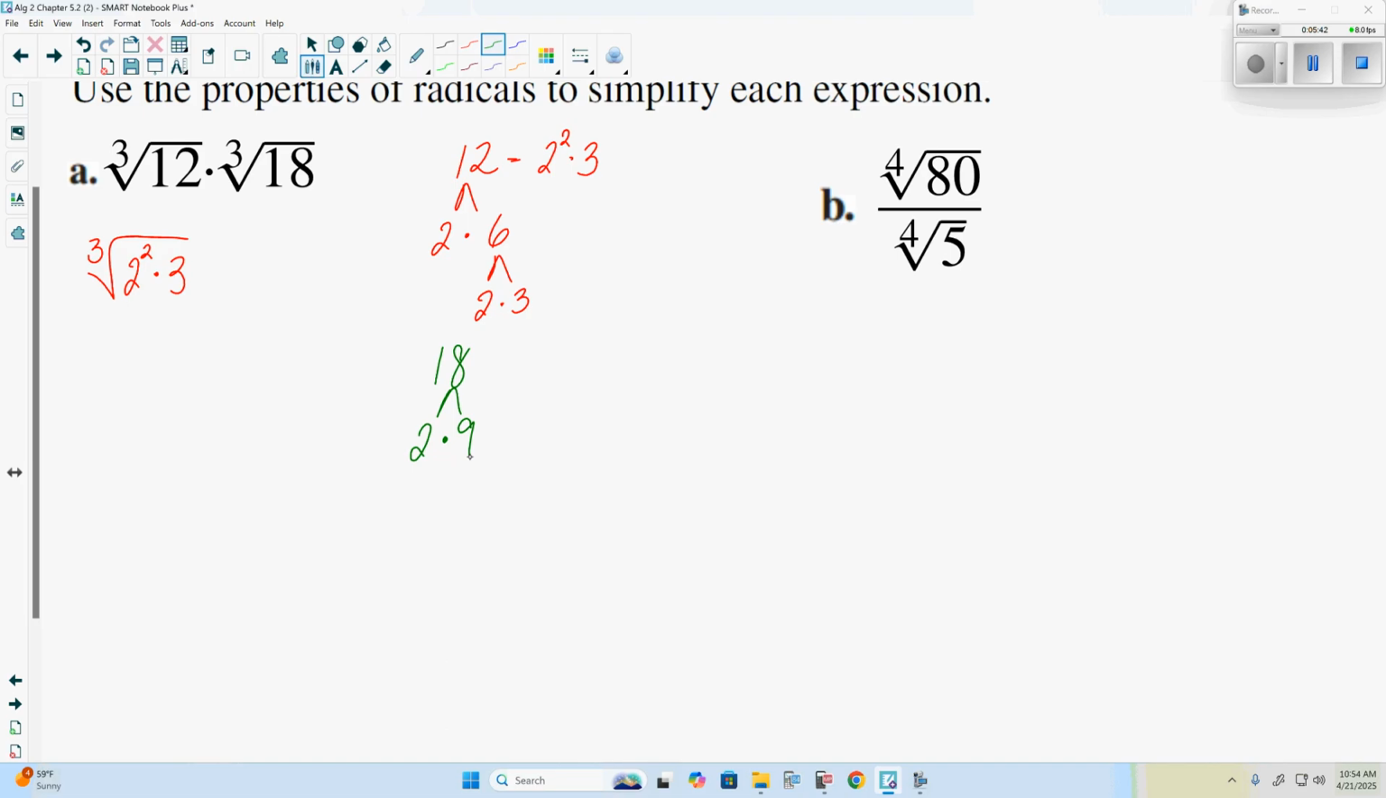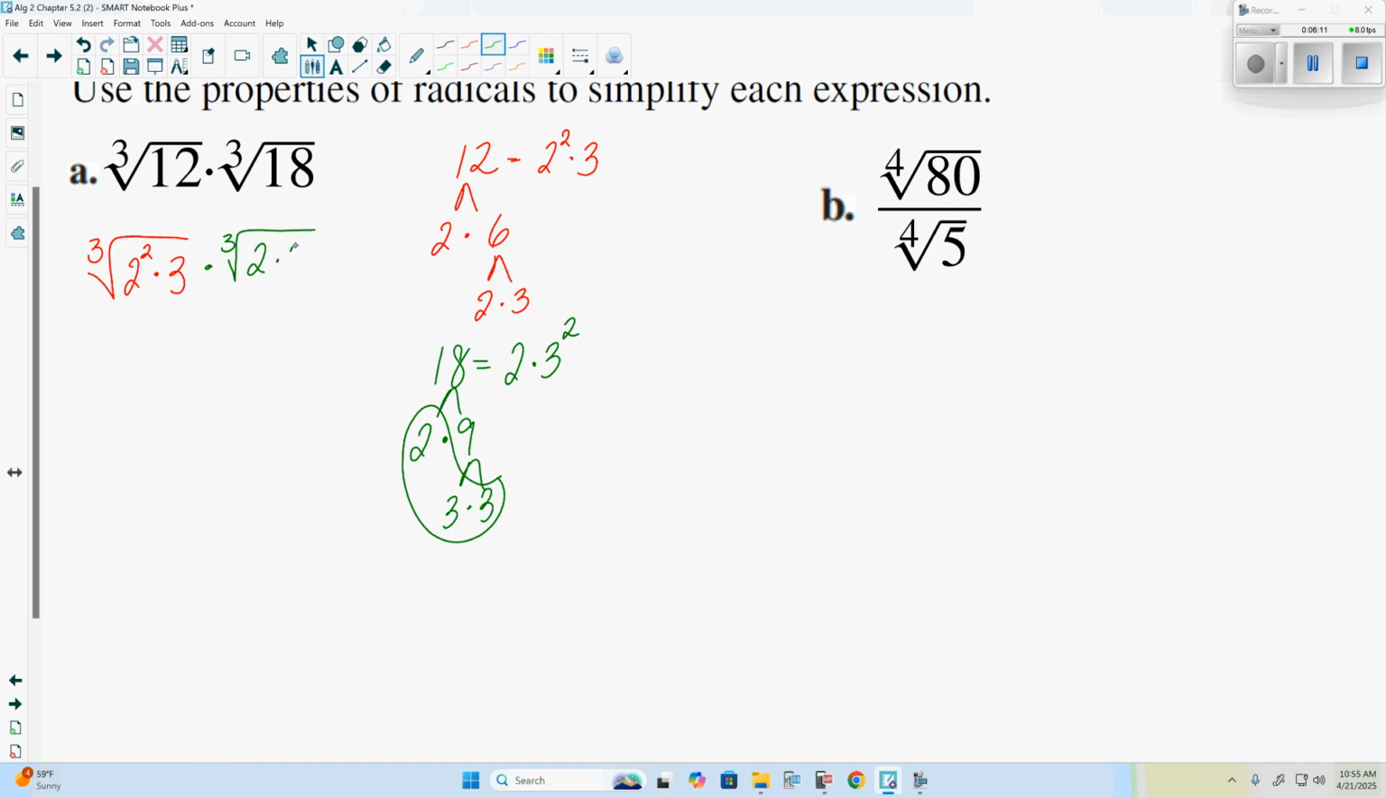18, our first number would be 2 times 9. And 9 is 3 times 3. So with 18, our prime factorization is 2 times 3 to the second, because again, anytime we can reduce, simplest with cubed roots would be to the third power, but as we see here,